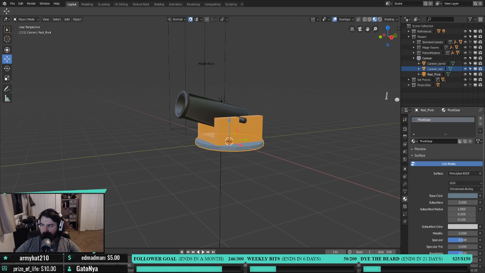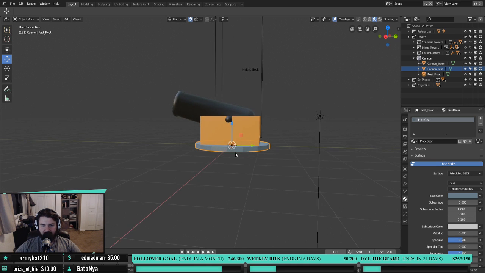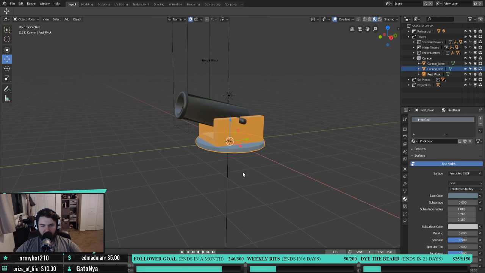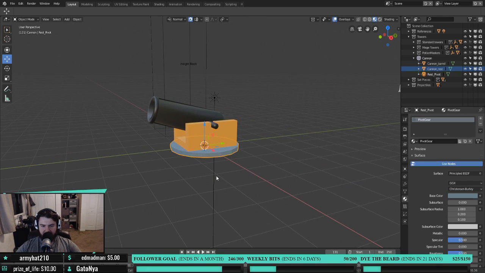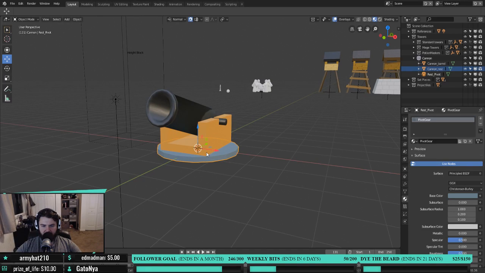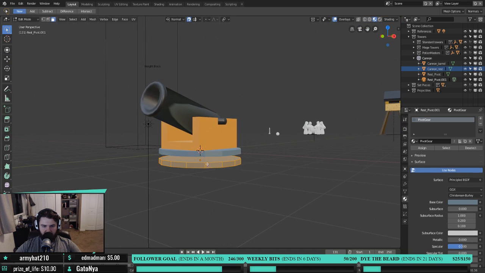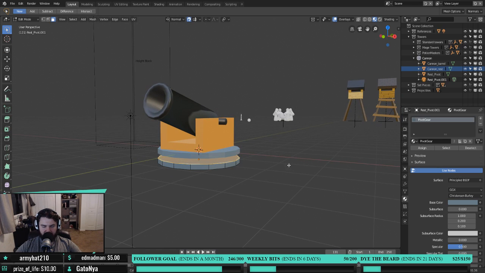So one of the things that I really want to make is I want to make the top gear spin while the bottom gear stays on top of the panel, or on top of this like tank truck. So I think what we'll do is we will go ahead, we'll duplicate this object here, and we're just going to move it down a little bit. All right, just kind of enough that when we go into edit mode, we can actually grab this face and inset significantly right there,